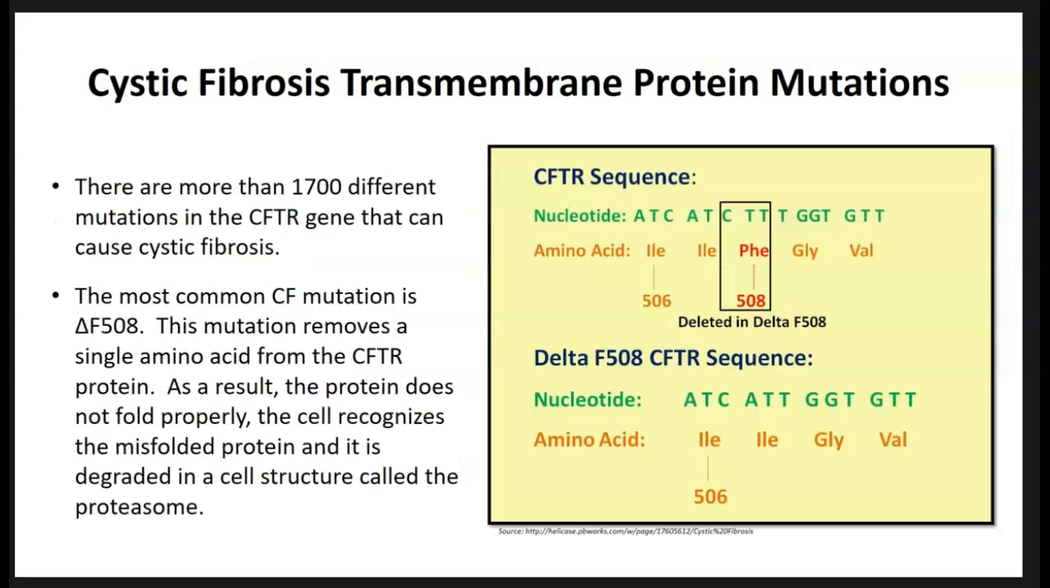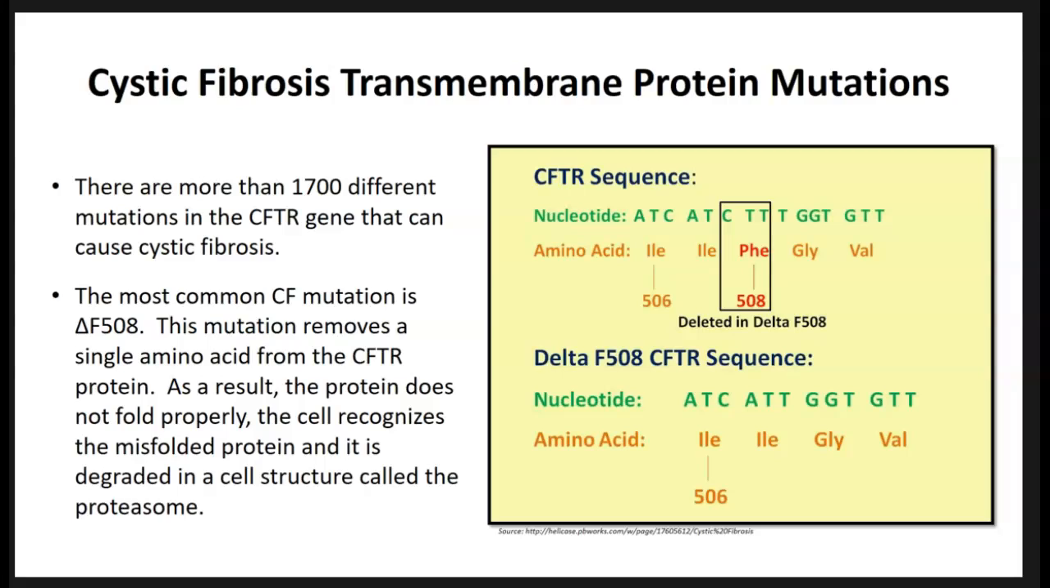So the cystic fibrosis protein is encoded in the CFTR gene, which is a nucleotide sequence inside of our genomes. There are over 17,000 different mutations in the CFTR gene that can cause cystic fibrosis. So even though the protein is not working, the specific way it's not working is a little bit different in many different patients. However, there are some common CF mutations, and the most common mutation is called delta